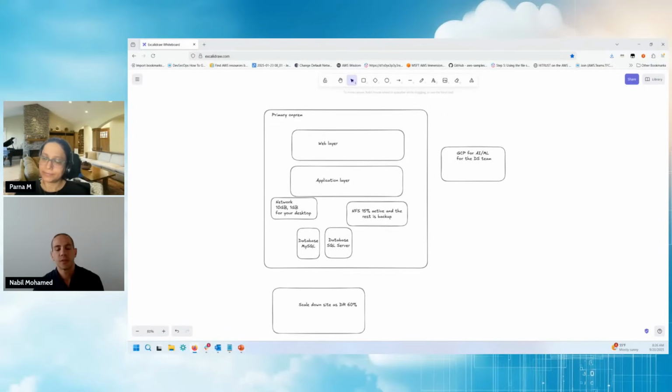Yeah, in general this is our first call, so we will have multiple calls to go through the whole discovery, and then we'll pull more details. Once we get the inventory for both the on-prem and GCP, we will build a like-for-like mapping to AWS and work out how much it costs to run that overall workload. We call it total cost of ownership, or TCO, to run that workload in AWS. This is the first thing, and after that we'll do migration planning based on the timelines. We will do either lift and shift or modernization. Right, makes sense.